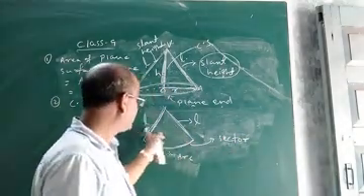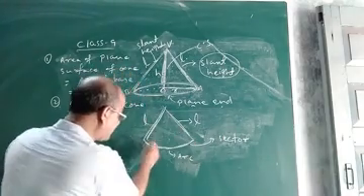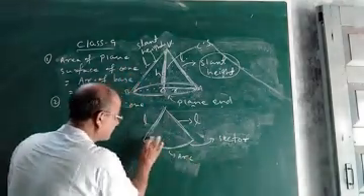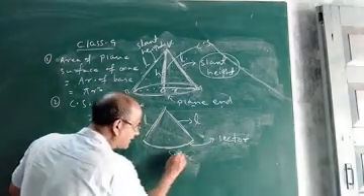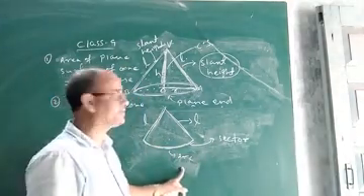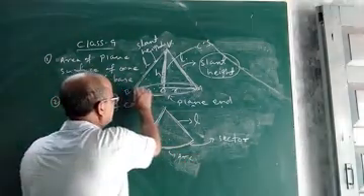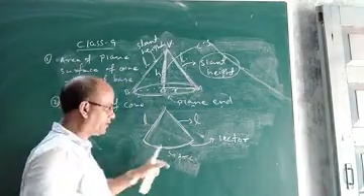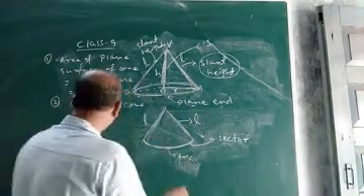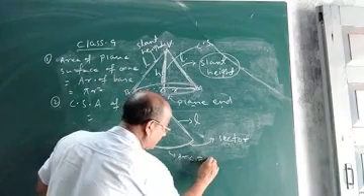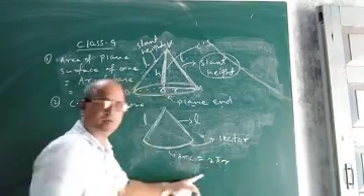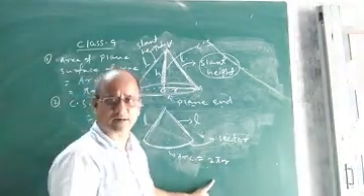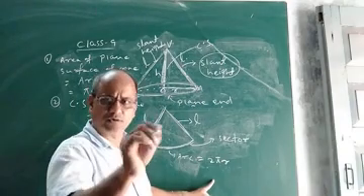See, now these two are slant heights. Now this is an arc. Now what will be the length of this arc? How to find the length of this arc? The length of this arc will be equal to the circumference of the circle, which is 2 pi r. Because you know what is the circumference of circle. Circumference of circle is what? 2 pi r.